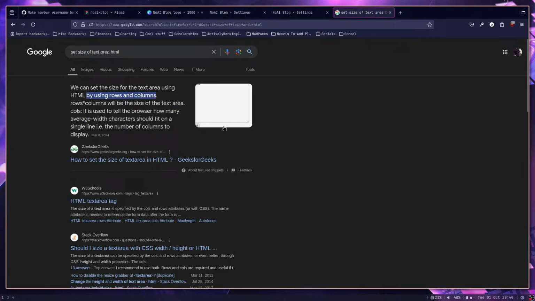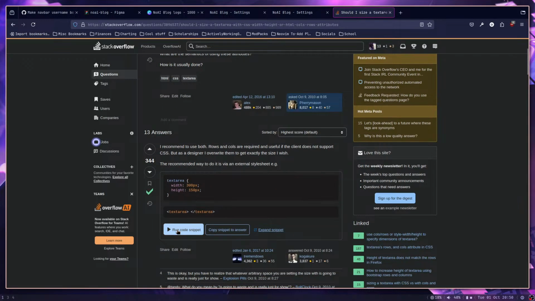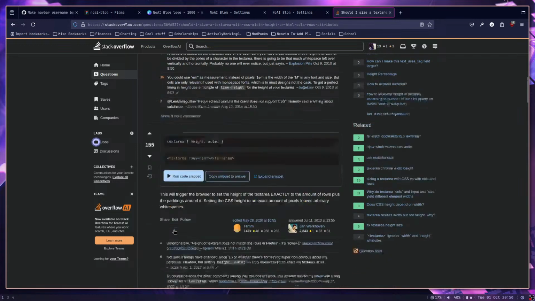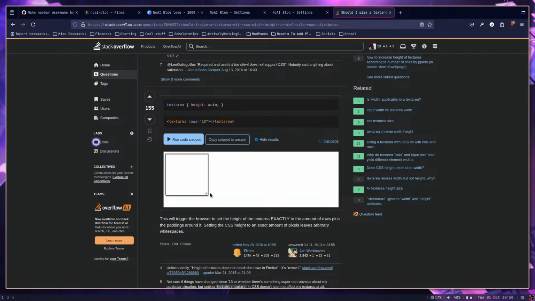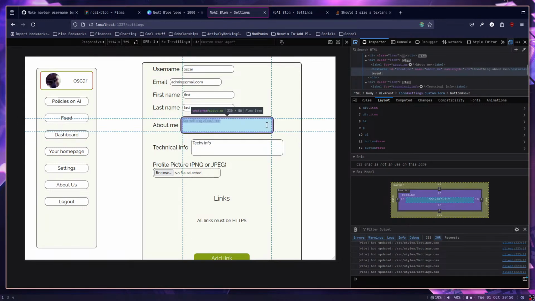Gmail. Oh, we can use rows and columns. The average, how many average width character? So here's exactly the amount of rows. I kind of just want to do this, honestly. Is that text area? Yeah, that is. I was going to say that. I'm very sure that could not be input. But yeah, it is a text area. Okay, so